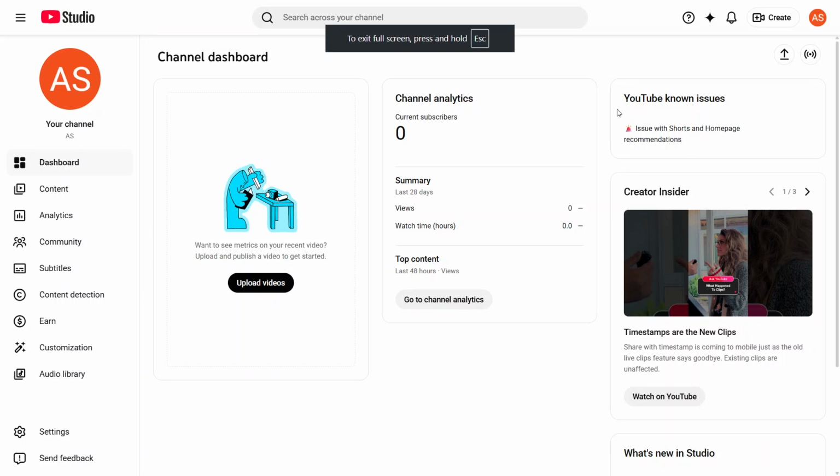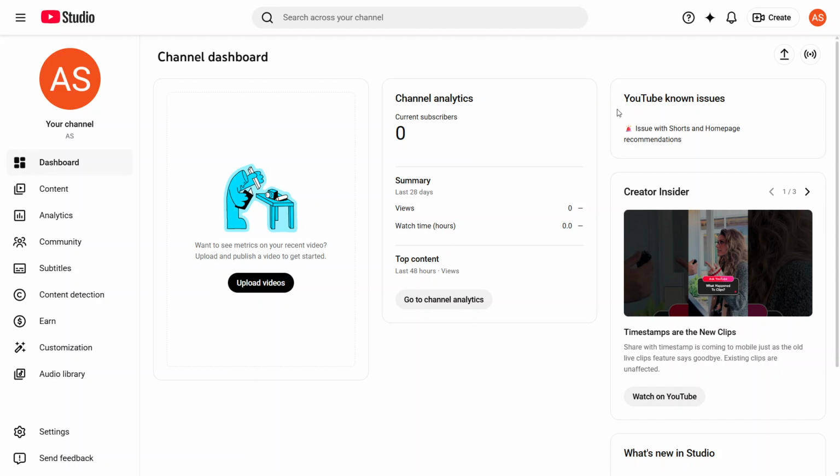In today's video, I'm going to teach you how to hide likes on a YouTube video. We're going to walk through this using YouTube Studio, and by the end, your videos will no longer display the public like count to viewers. This can be useful if you want people to focus more on your content itself, rather than on how many